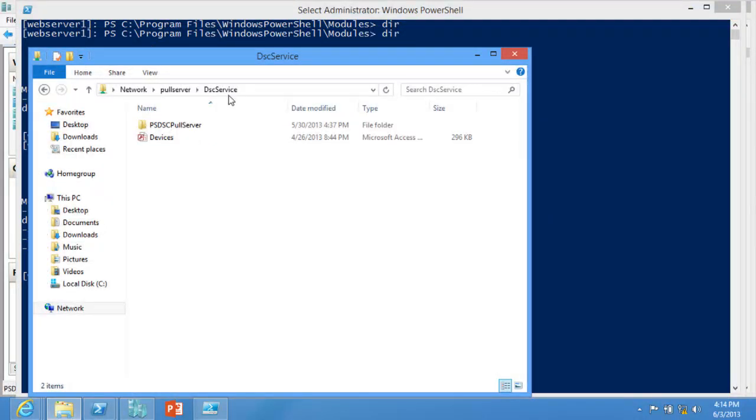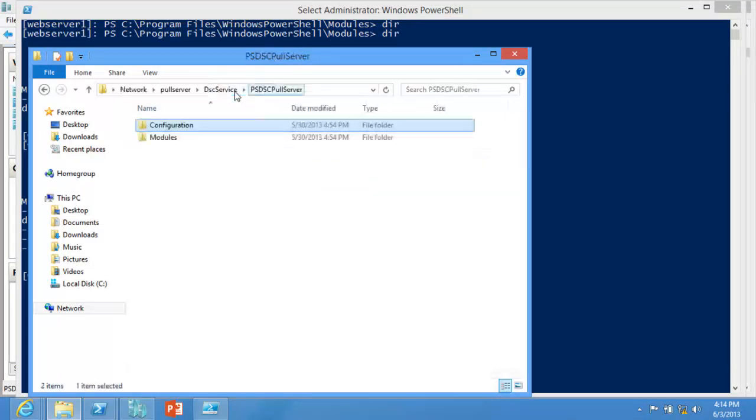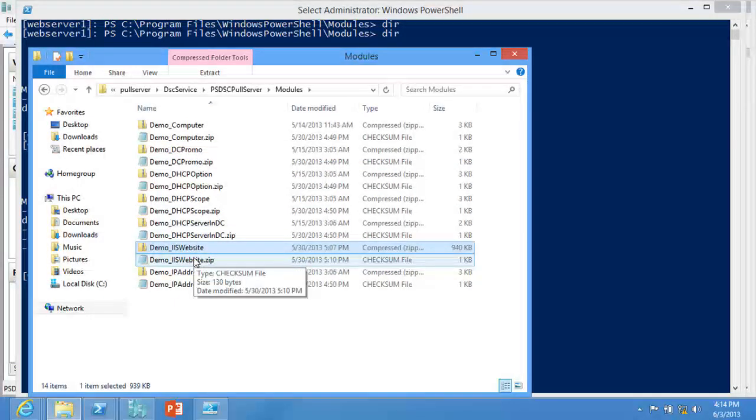And if you come up here, where am I? Yes, I'm actually on the poll server. And if you go through, you'll actually see these are the MOFs. This is the one we downloaded to check. We use GUIDs as unique identifiers, right? And the module content is all here. And this is just the demo IIS website zipped up. It just took that thing, said, yea, verily, I need it, downloads it, and shoves it on the box.